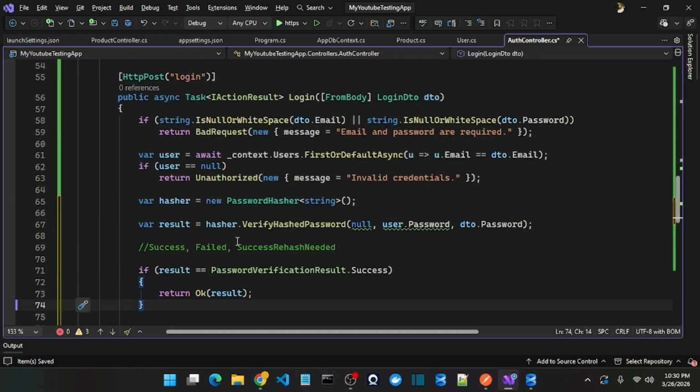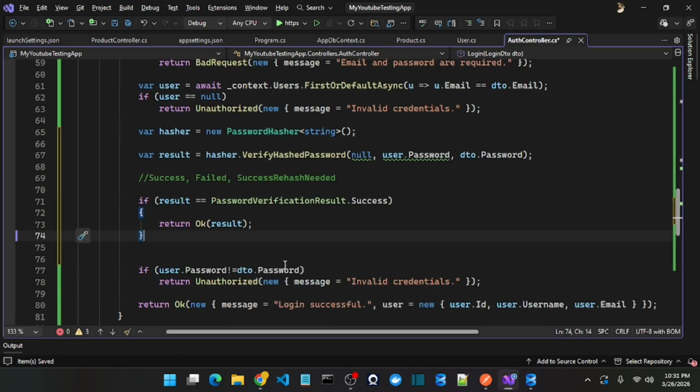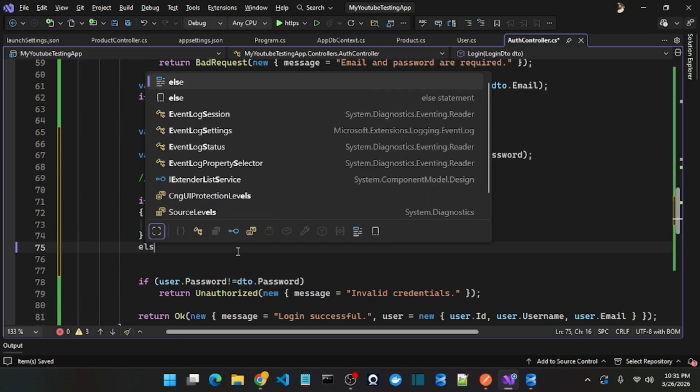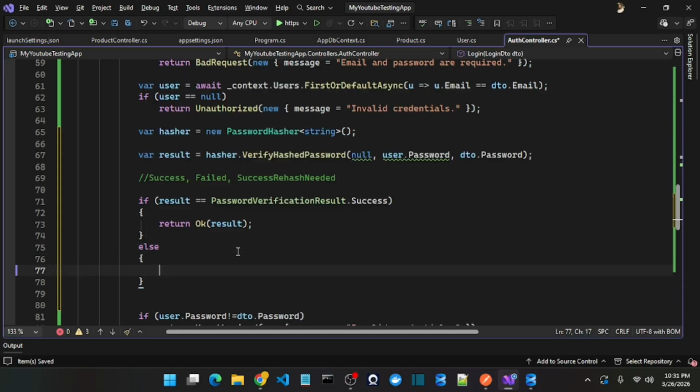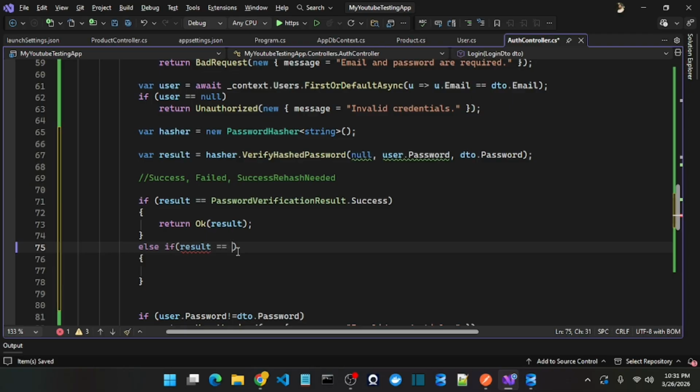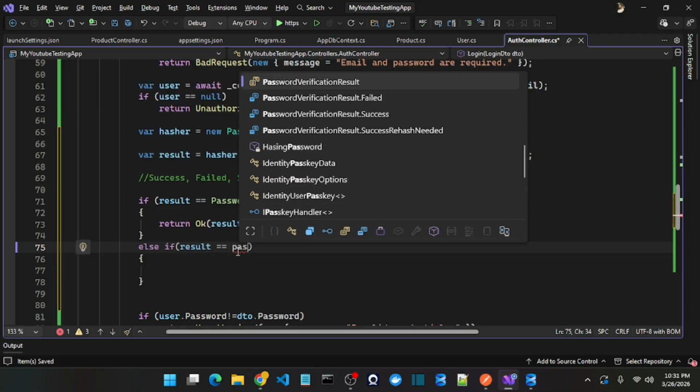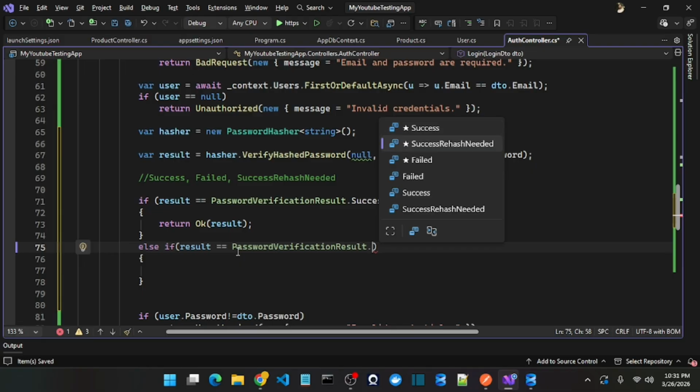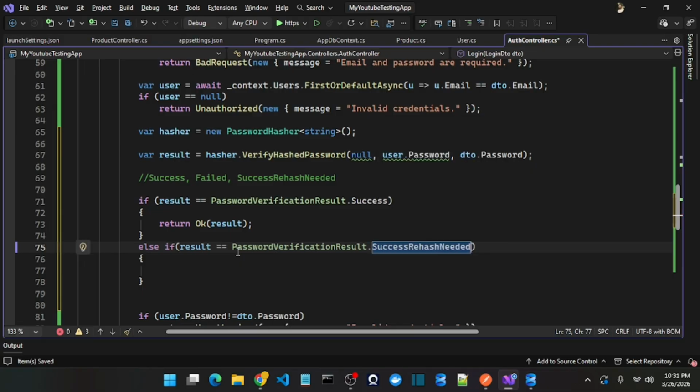But if the status is result equals password verification result dot success rehash needed, it means that you have to create the new hash of your password, and thereafter you have to update that password with the existing one